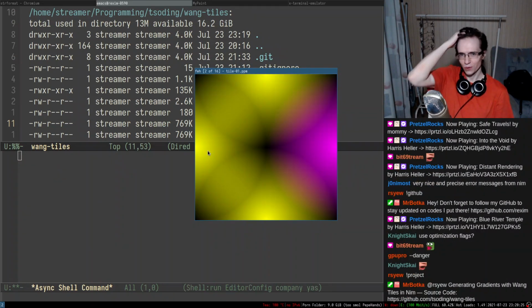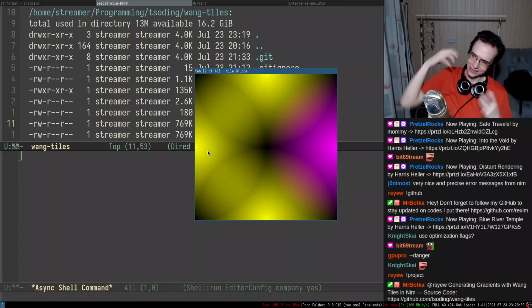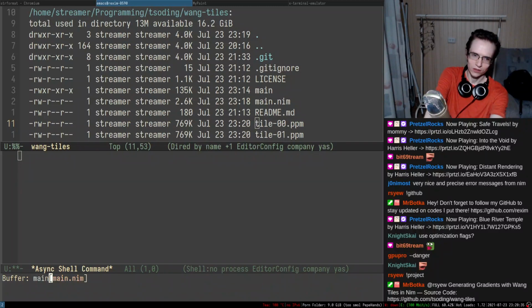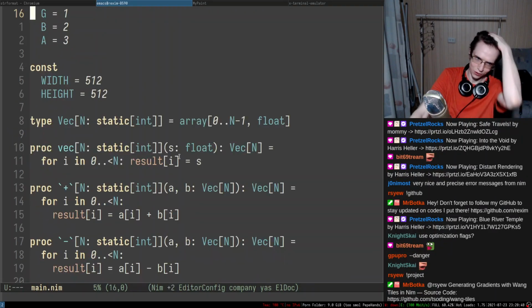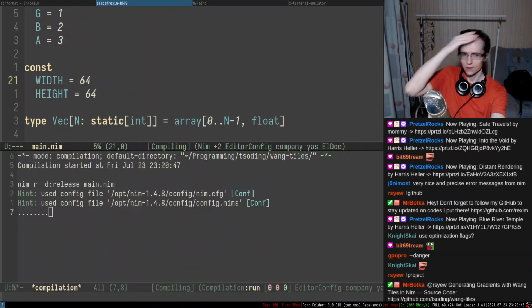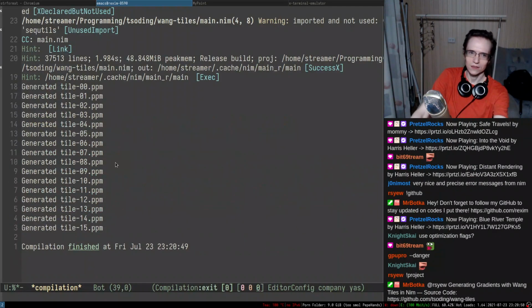So the next thing I would like to do is probably make an engine that generates a grid of these kind of tiles. But unfortunately, we already spent too much time working on this stuff, so I don't think we have too much time. Also, the tiles themselves are huge. We probably want to have 64 by 64, so let's do it like this. So I think this is going to be, yeah, it's instantly generated the entire tile set.